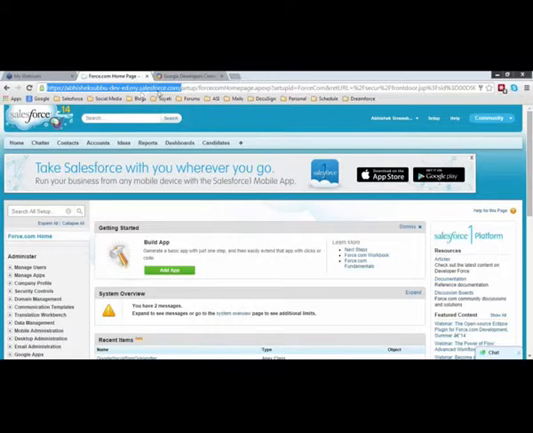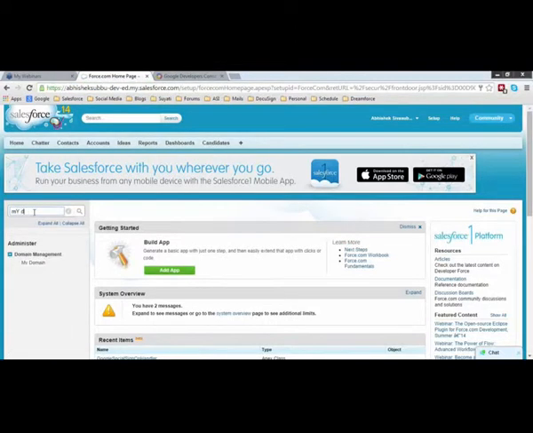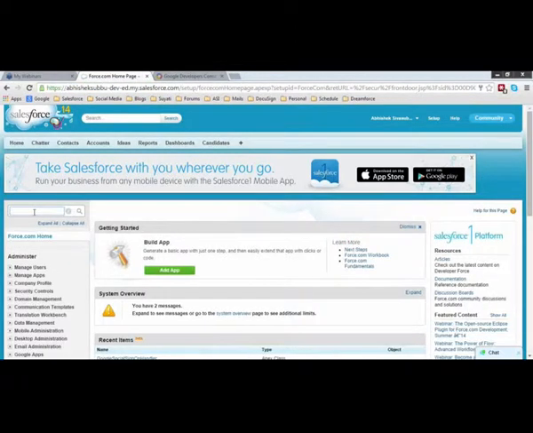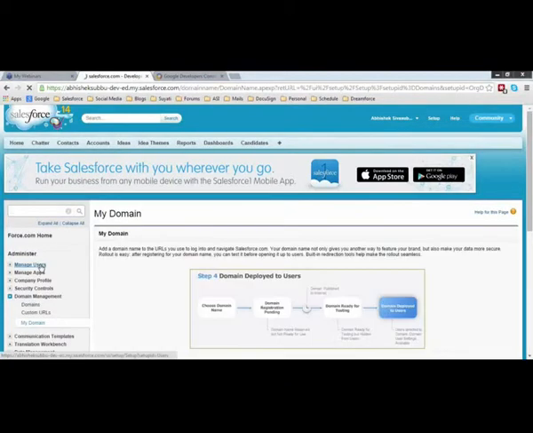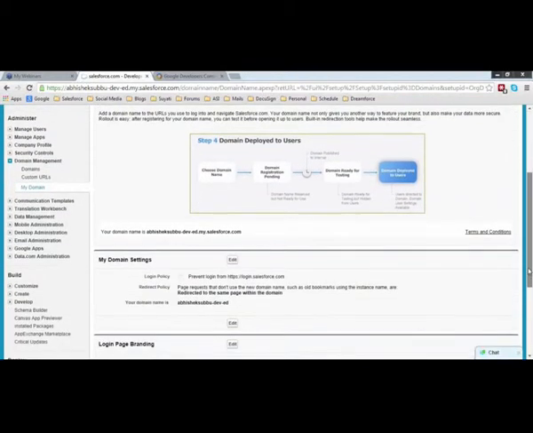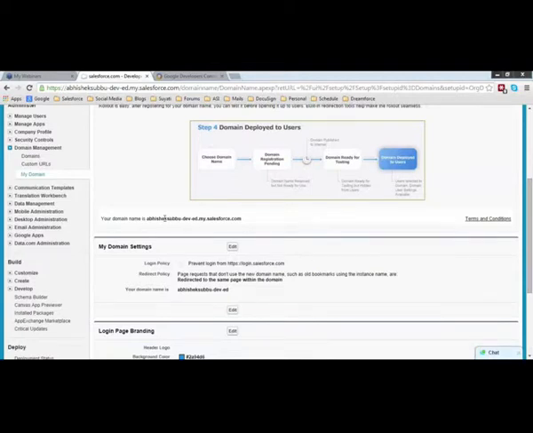Your typical Salesforce login should not look like ap1.salesforce.com or na2.salesforce.com. It doesn't work, right? So you need to set this URL, and where do you set it? You need to set it at My Domain. You just need to search here for My Domain, and you can go into My Domain, and here if you scroll down, you will be able to see that My Domain is set as abhisheksubu-dev-ed.my.salesforce.com.